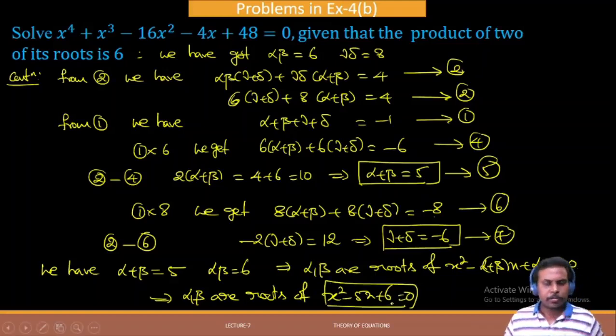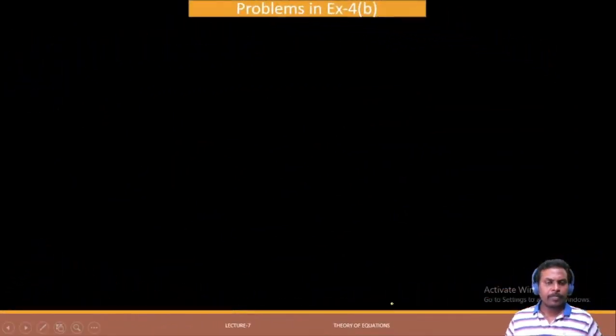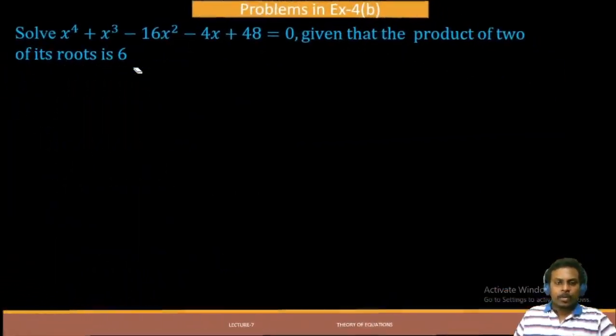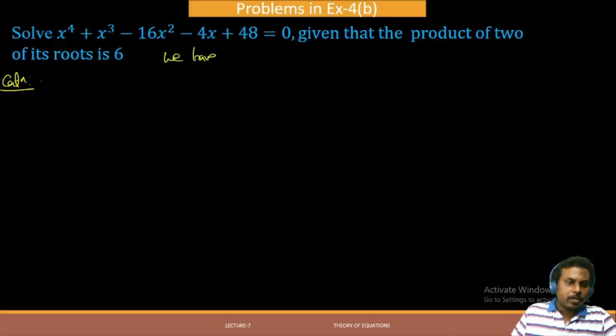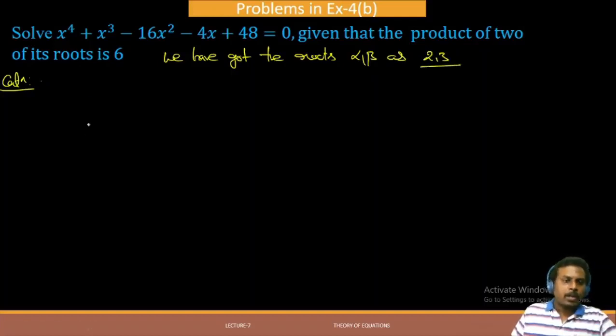Okay, let us continue the problem in the next page. So here is a continuation. So we have got the roots alpha, beta as 2, 3. Okay, now we have